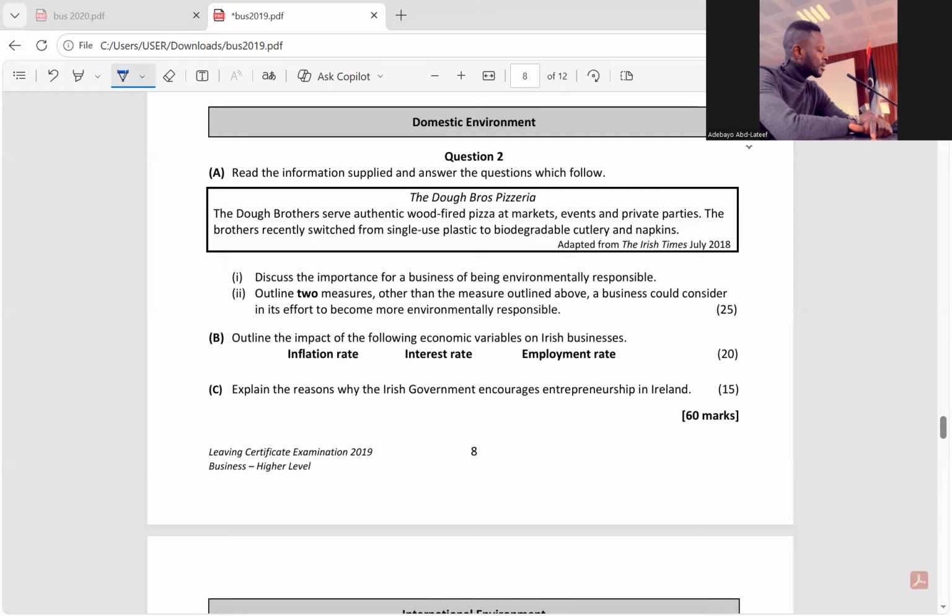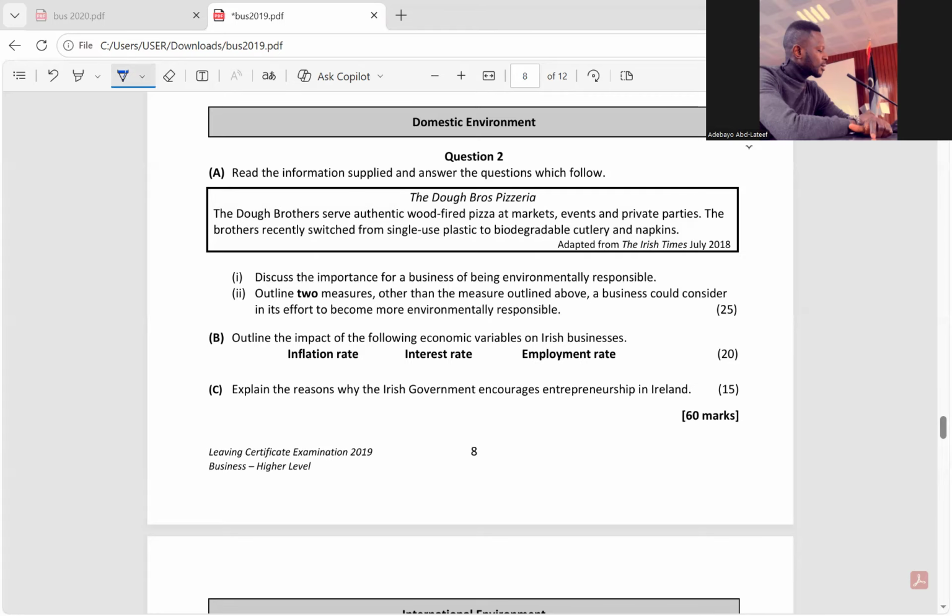Now, what are the positive impacts of low inflation rate? Number 1, with low inflation rate, the opposite of this situation, it increases real income level. People will have the purchasing power to buy more than what they used to buy. 2, it increases business competition. Because people have more money to buy, firms will be making more revenue and more profit. They will be able to expand their business and compete outside of Ireland.